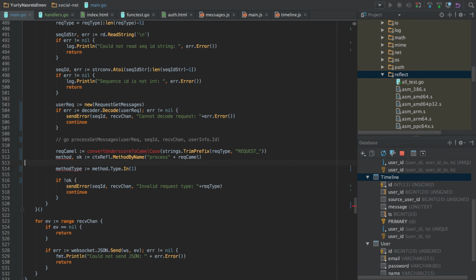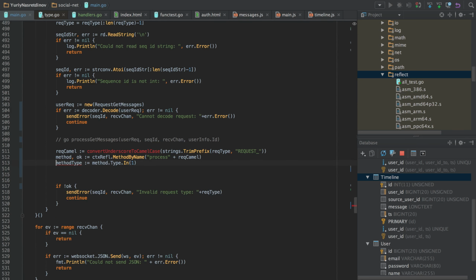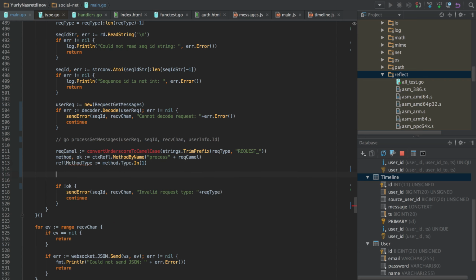So we get an incoming argument with index 1. It's in argument, and we get its reflection type.